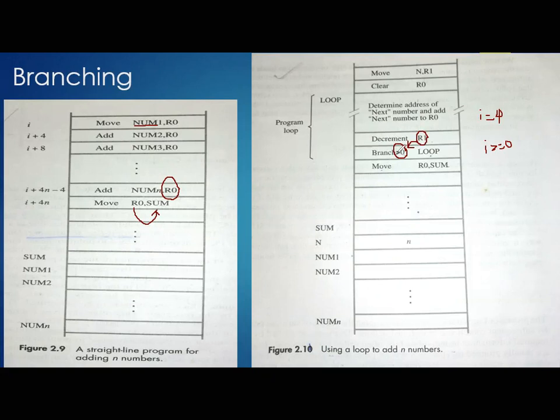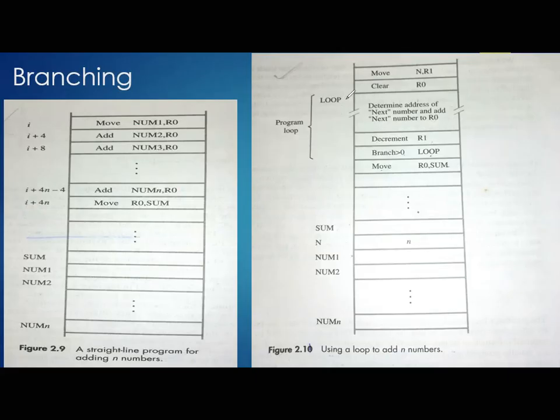Clear? I hope you understood. Branch must be greater than 0; that is the condition we are checking. What value are we comparing with? In the previous line, whichever register we specified, that value will be compared with 0 now. So branch greater than 0 means whatever value we have inside R1 should be compared with 0. If the R1 value is greater than 0, where do I need to jump? I have a label mentioned in front of this branch. What is that? Loop. Where do we have the loop? Here.